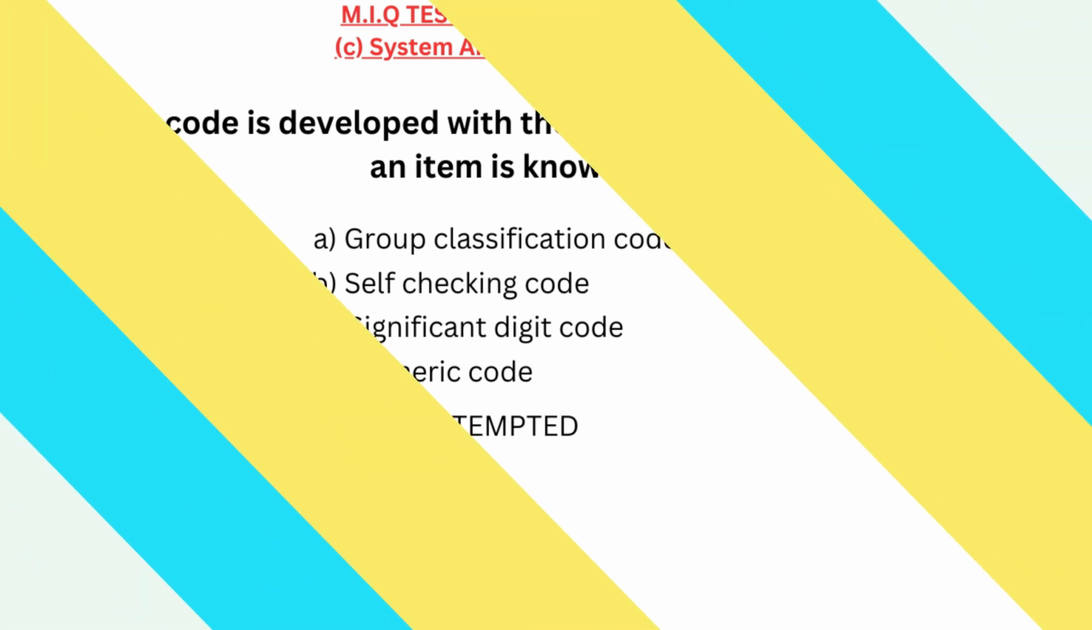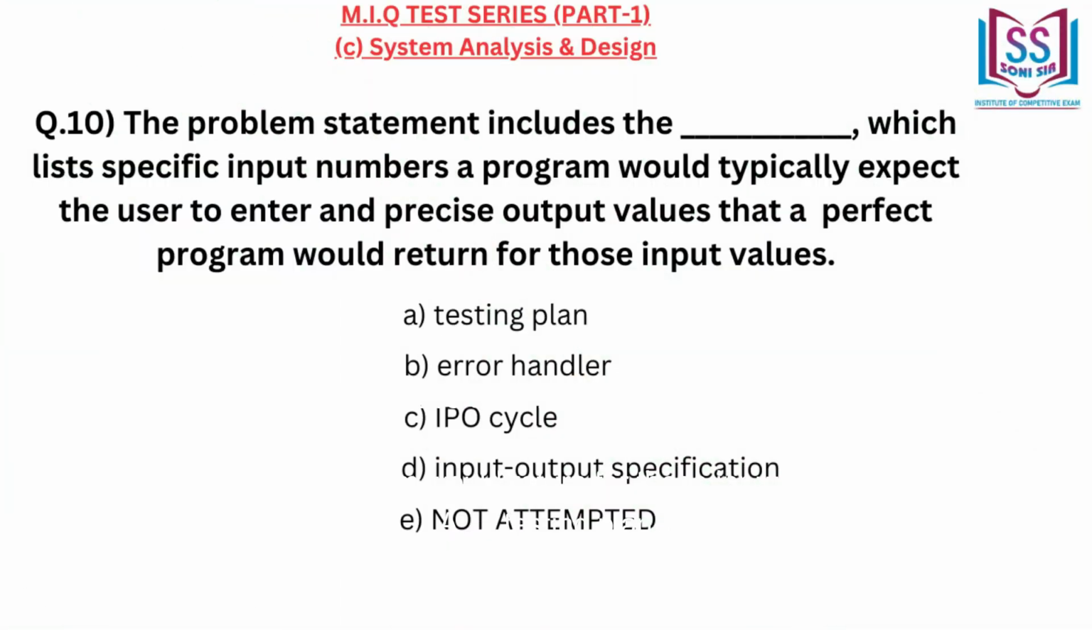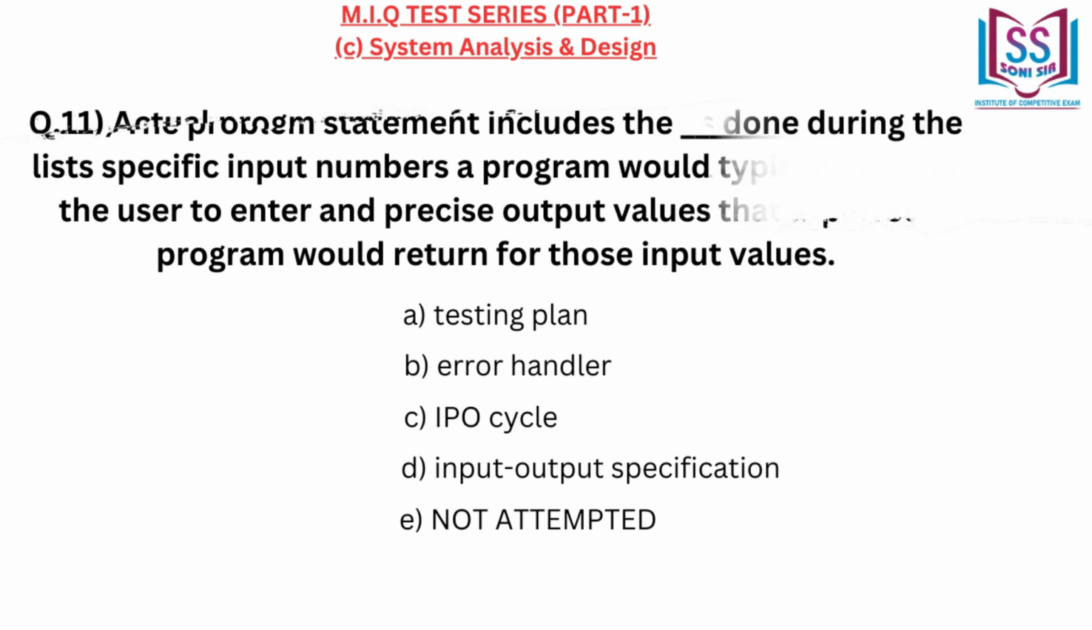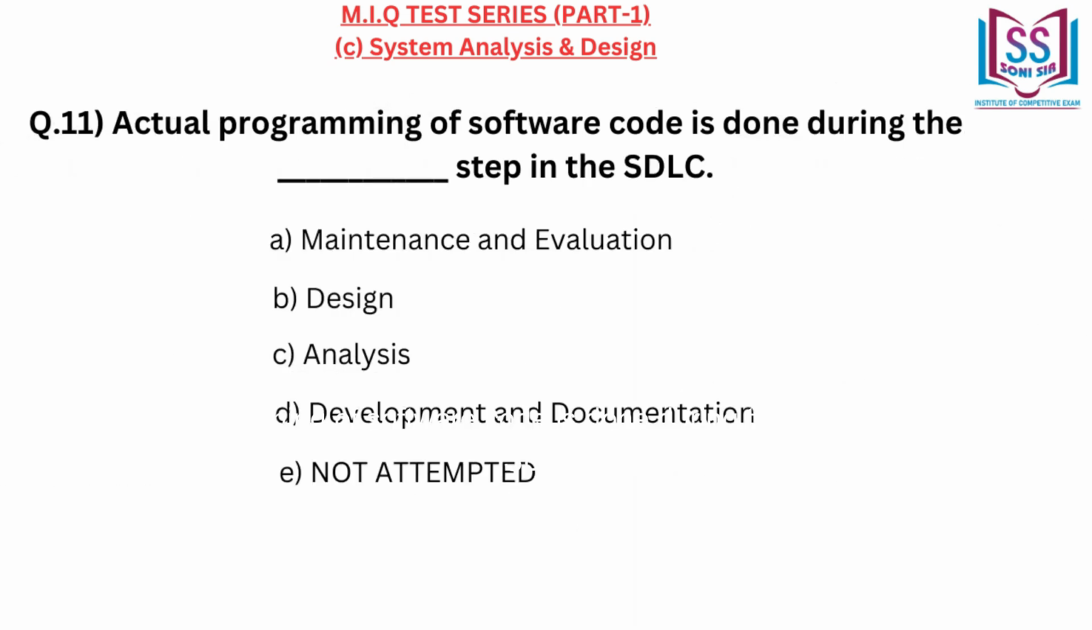D. Numeric code. The problem statement includes the dash, which lists specific input numbers a program would typically expect the user to enter and precise output values that a perfect program would return for those input values. A. Testing plan. B. Error handler. C. IPO cycle. D. Input-output specification. Actual programming of software code is done during the dash step in the